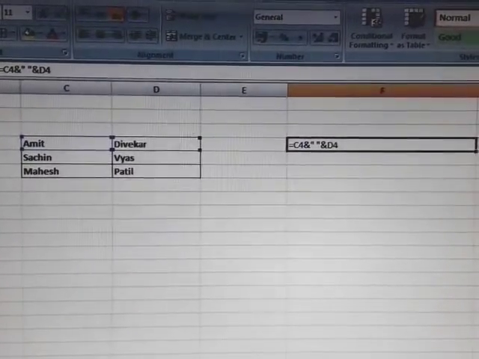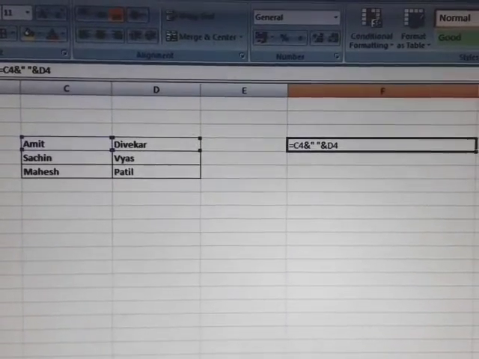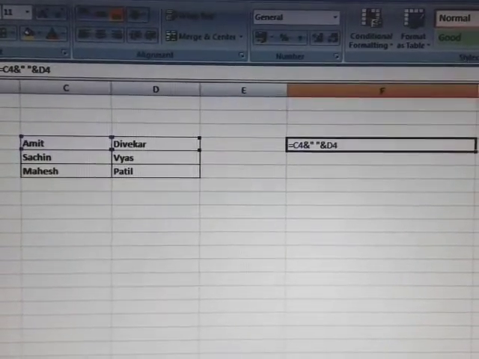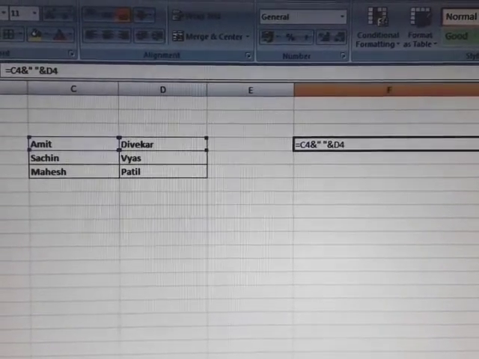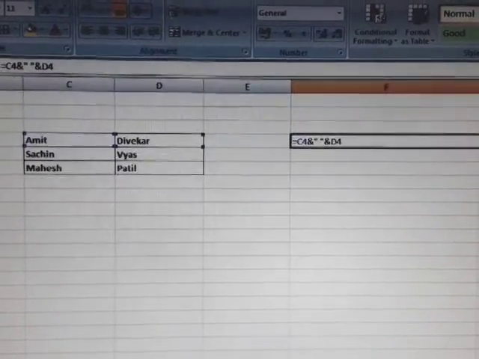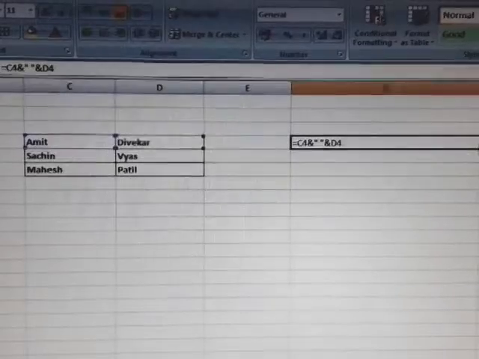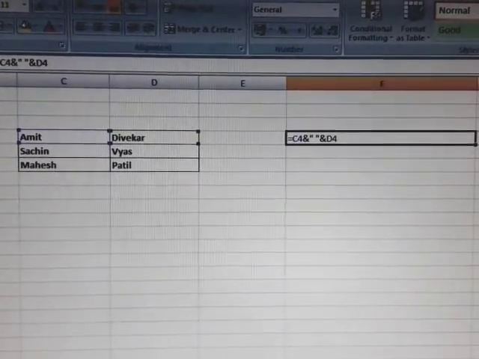After the space, I have again given the ampersand symbol. It means that after the space, again I am going to join something. So ampersand, what? D4. What is the data in D4? Data in D4 is Divekar. So Amit space Divekar will be the output.